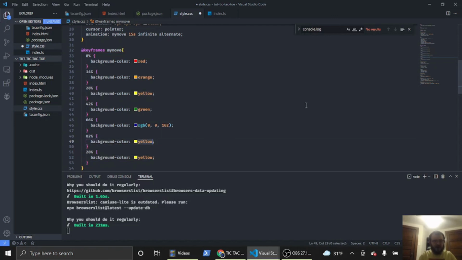Okay, and indigo. And the last one will be violet, and that's at 100%. Once we've hit the top, it goes to violet. So yeah, yellow. Here we go, violet. Yeah, there we go. Okay, so this is our keyframes for our 15-second animation that infinitely loops and alternates back